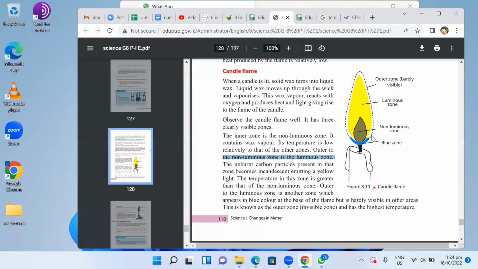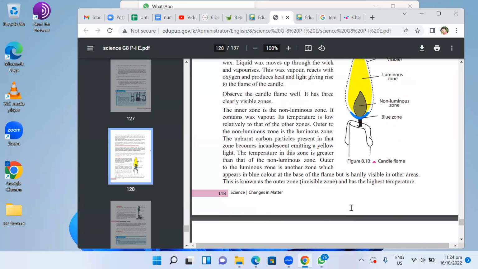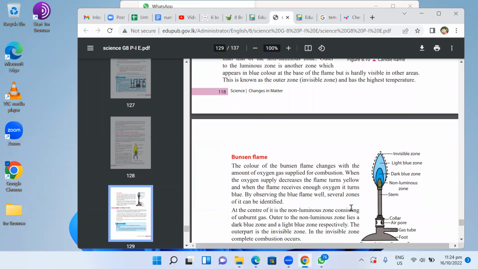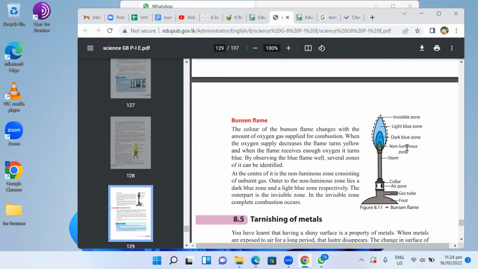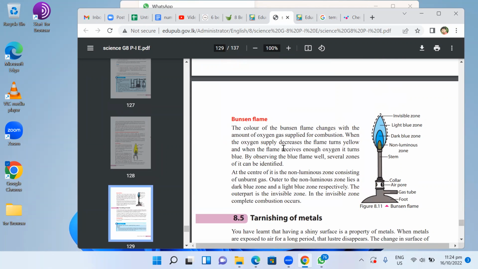Sometimes you might misunderstand because of this blue zone. So what I'm referring to is this invisible blue zone, but in here they have given blue zone as something else, right? Okay, do not misunderstand. Here, this dark blue zone, I think they are referring to this zone. This dark blue zone, you can see it's here also in the Bunsen flame. Bunsen flame is using some other